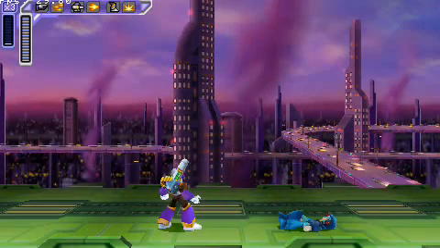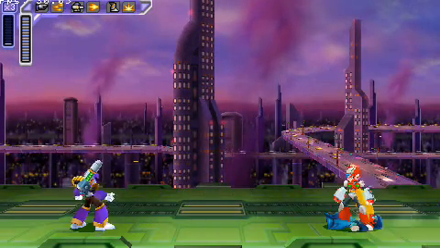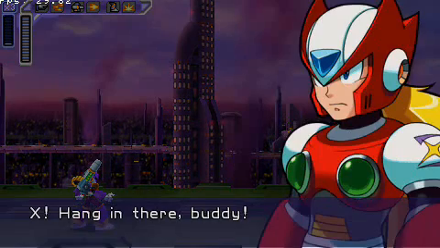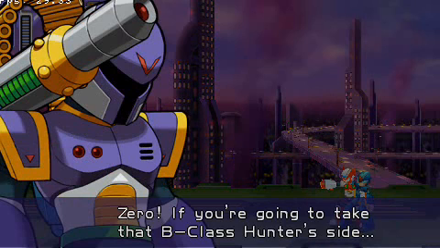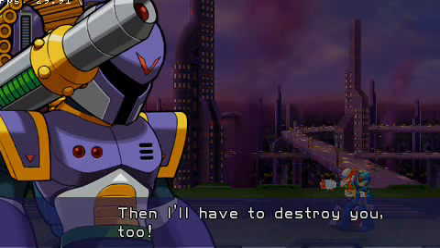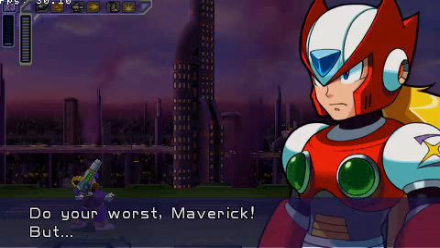Vile likes saying his name, laughing, and shooting X. He dislikes not being able to shoot X, not being able to laugh, and being taught lessons related to how much he sucks. Do your worst, Maverick,